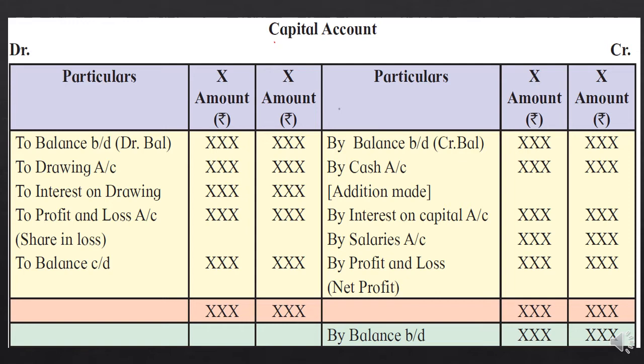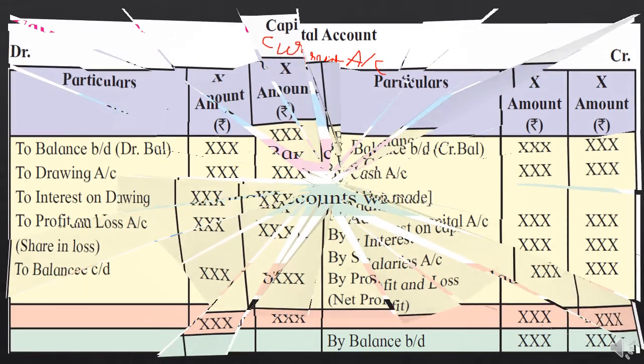So let me tell you, you can follow all the current account adjustments here also. Whatever was in the current account that you have seen in the first method, all those adjustments will be written on the same side in the capital account in the fluctuating method. So simple: capital and current account are one and the same, and the debit and opening balance will be recorded in this only. So there is not much adjustment left to explain to you. It's very similar to the current account only.